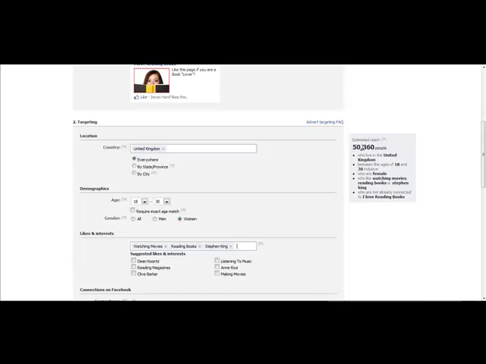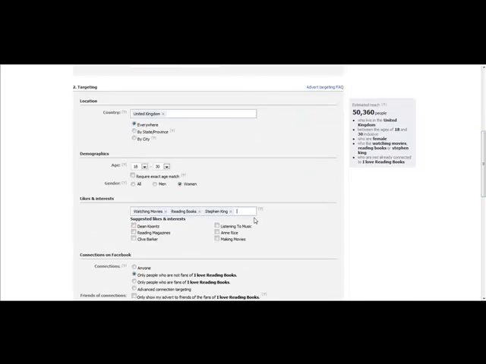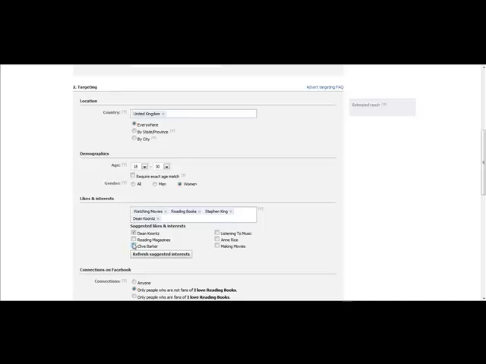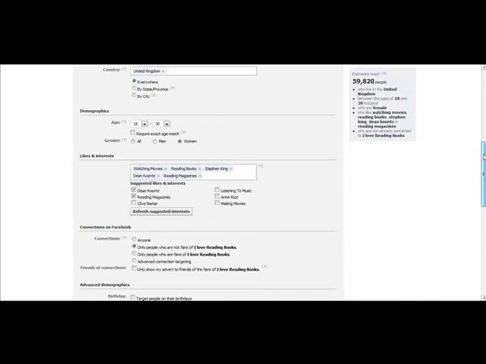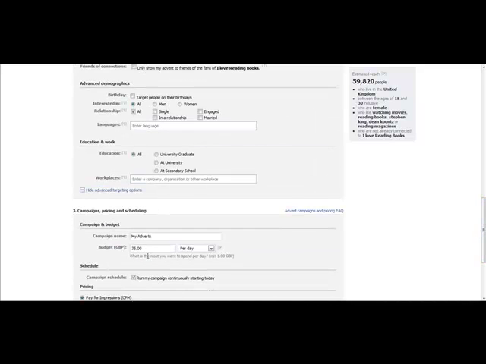Okay, that's out of 50,000. That's pretty much what we're looking for. And we got Dean Koontz. Okay, 58,000. Reading magazines, 59,000. Now, at this stage, what I'm going to do is basically create a campaign, name it books,